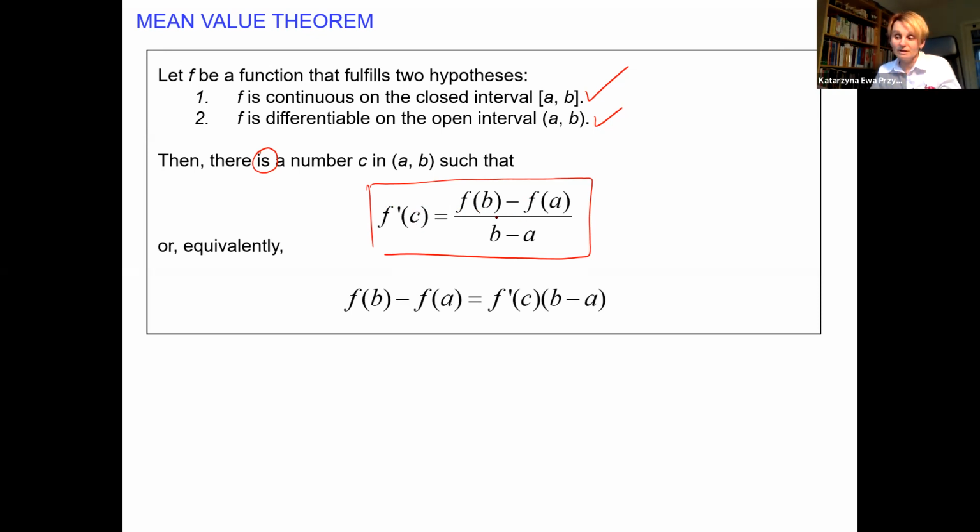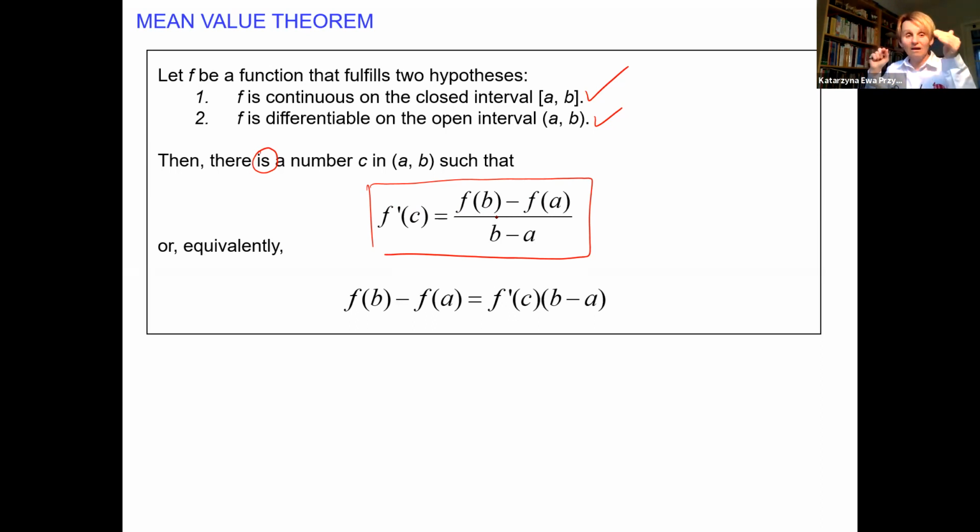Let's say we are doing some experiment and we don't have exactly the formula of the function, but we have some values. Then we can connect a and b, find that slope, and we will say, oh, between a